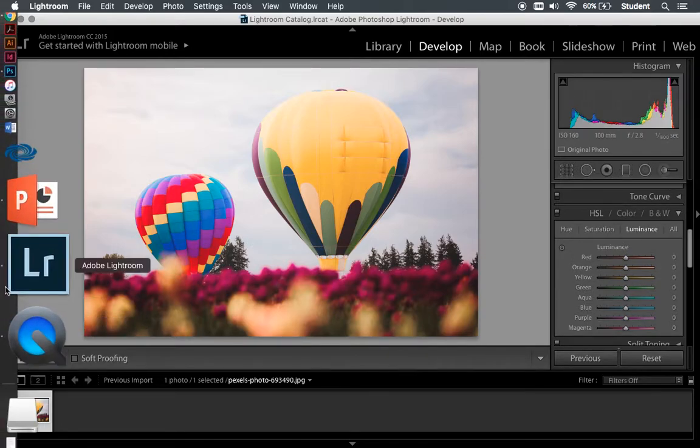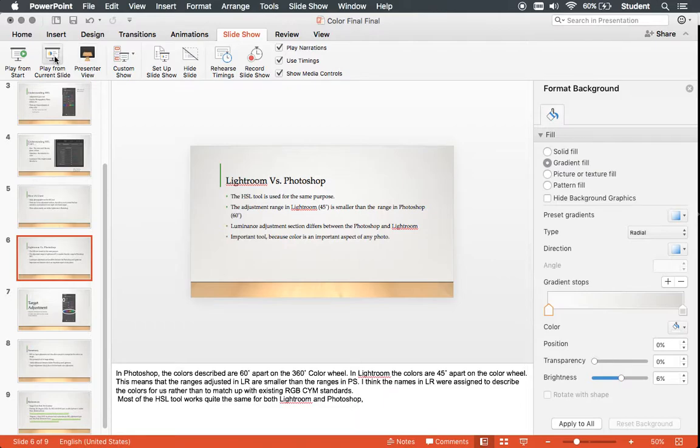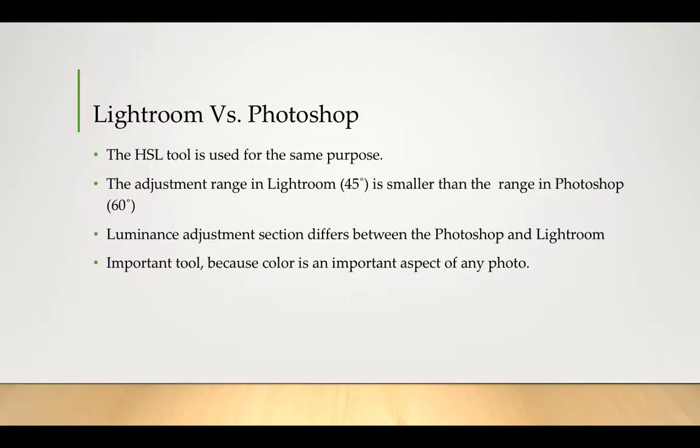And that's because the colors in Photoshop are 60 degrees apart in the color wheel, whereas in Lightroom they're 45 degrees apart. So Lightroom has a smaller range than the colors in Photoshop,